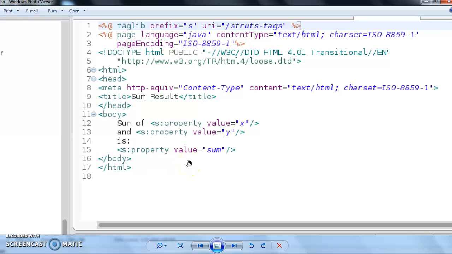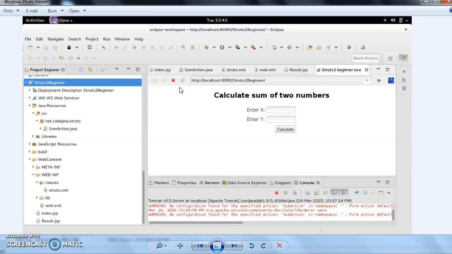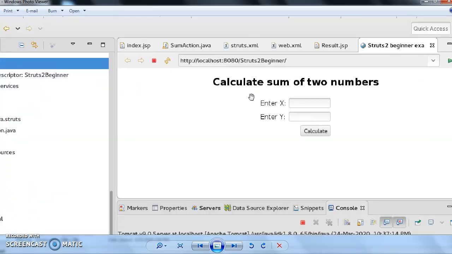So the final output will show the first number, the second number, and the actual sum value. This is our view, the response returned to the user. You can see here the screenshot of the output: the sum of two numbers, which the user will see.